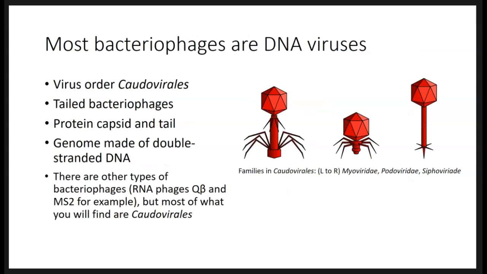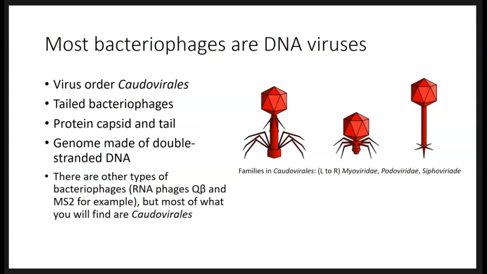So most bacteriophages are DNA viruses, and the DNA viruses that are bacteriophages are in the viral order called Caudovirales. They are tailed bacteriophages, so they have a capsid attached to a long tail. The genomes of these phages are made up of double-stranded DNA. There are other types of bacteriophages. There are RNA phages, such as the phage Q beta or MS2,